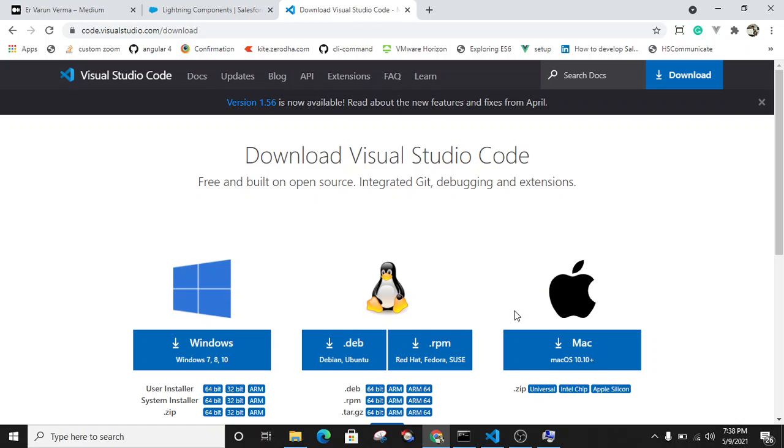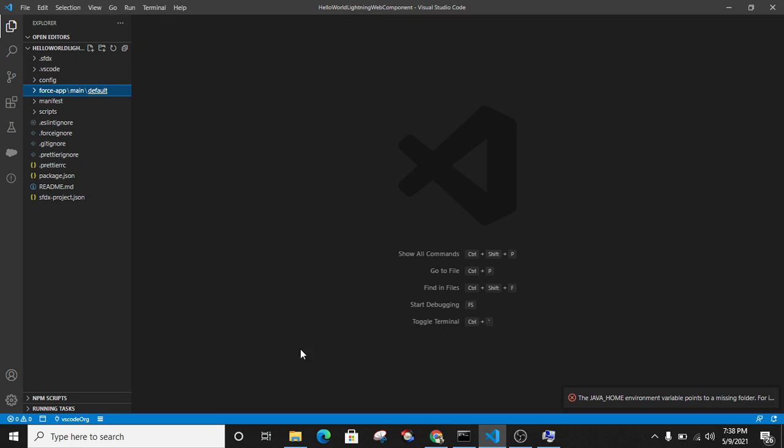I have already installed Visual Studio Code on my system. Here is my Visual Studio Code, so you can install it. After that, install the Salesforce CLI and also install VS Code on your system.